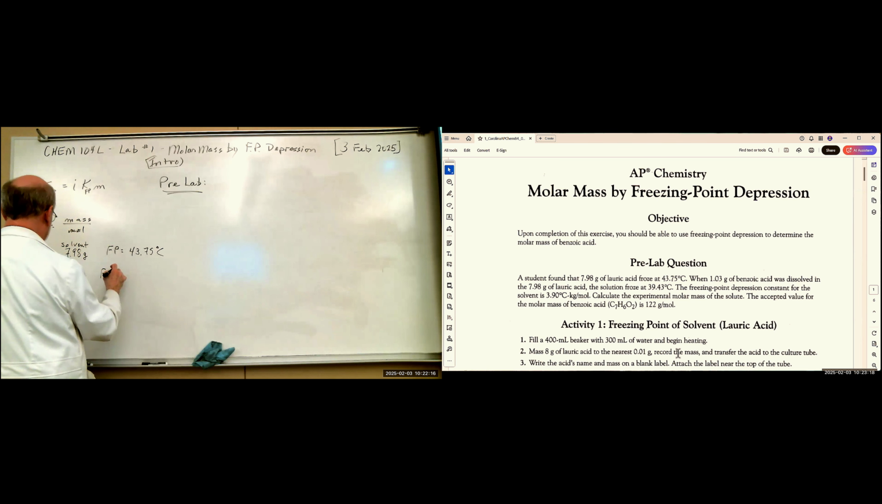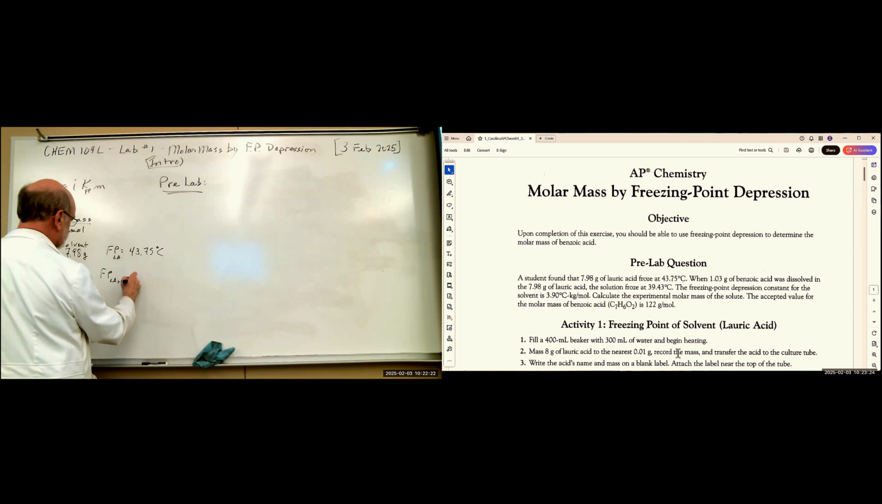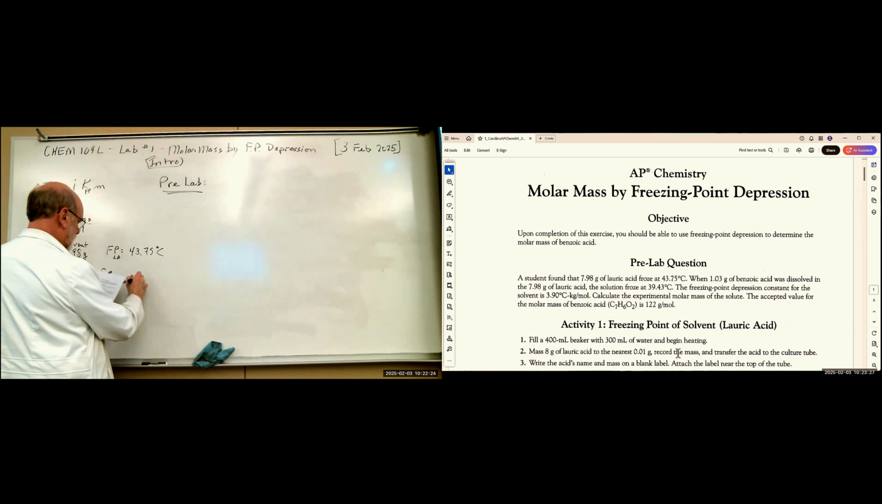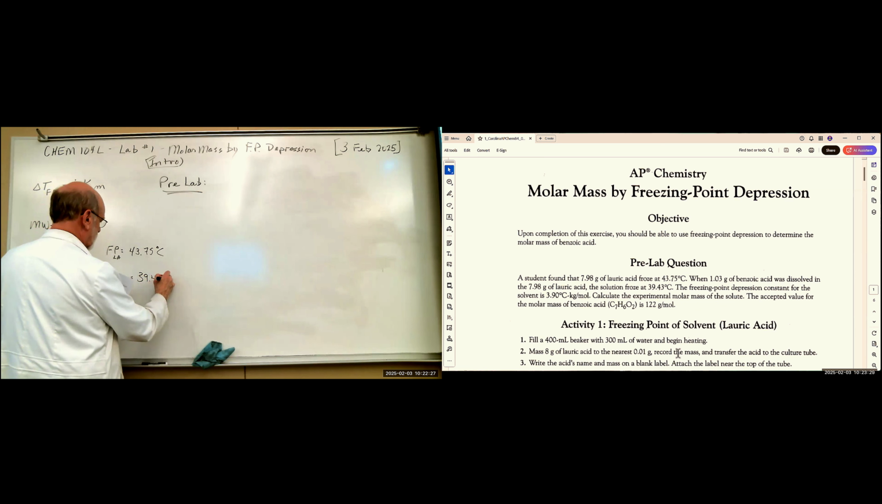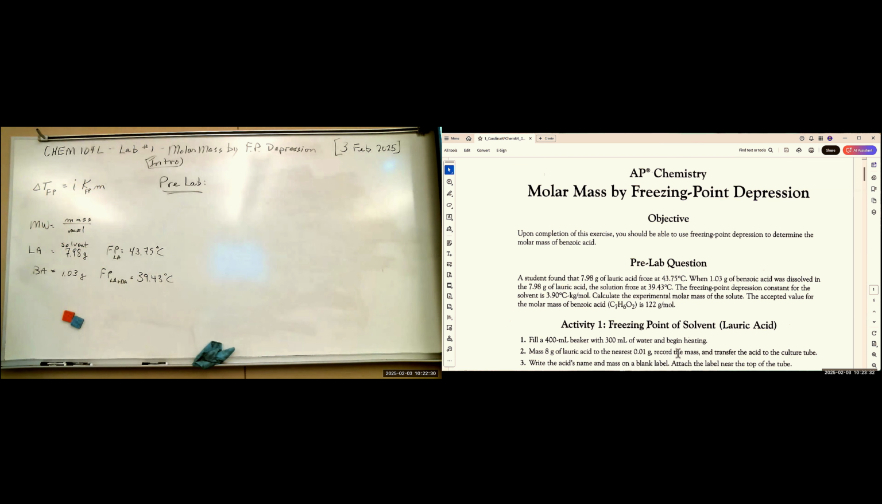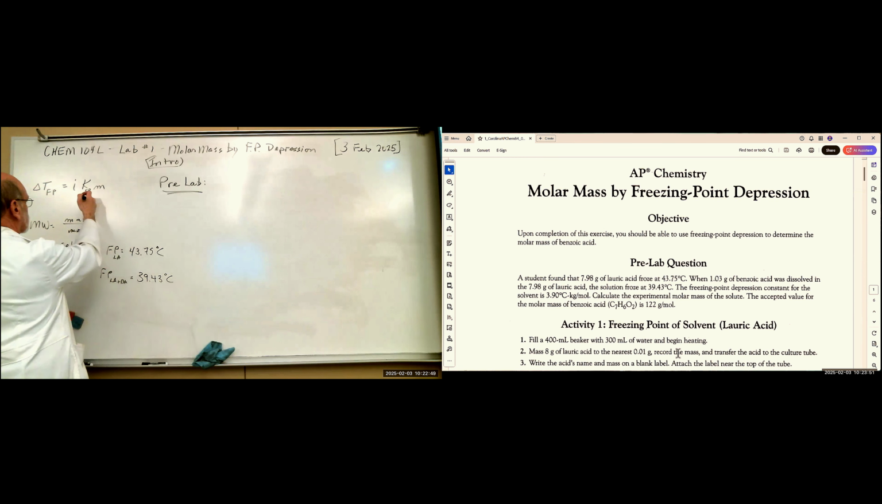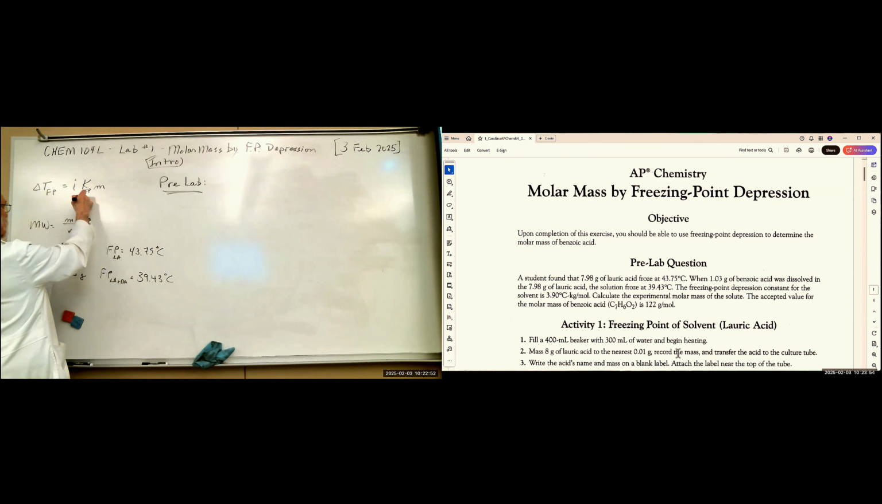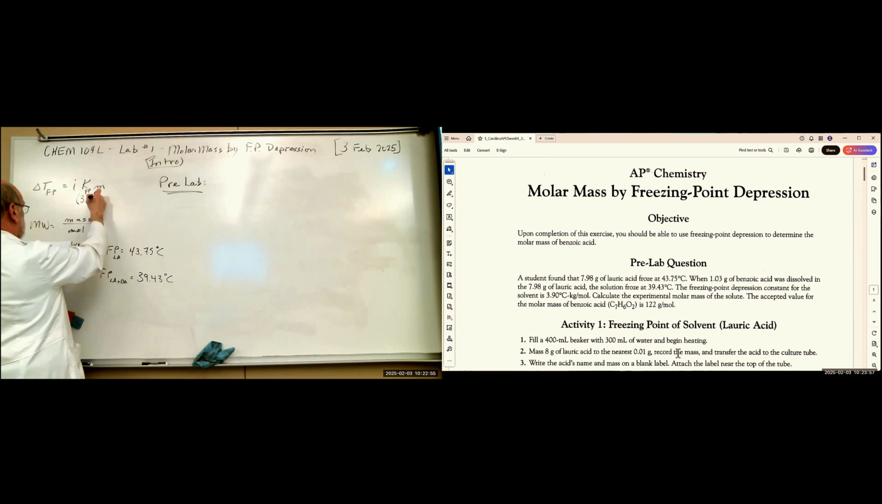Then the freezing point of the solution, lauric acid plus benzoic acid, is 39.43 degrees C. They must have some fancy thermometers to get two decimal places out of it. What else? The freezing point depression constant for the solvent, lauric acid, is 3.90 degrees C